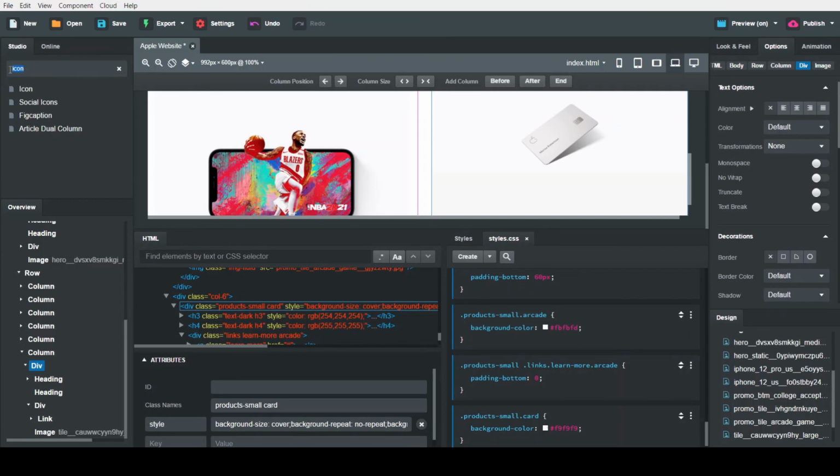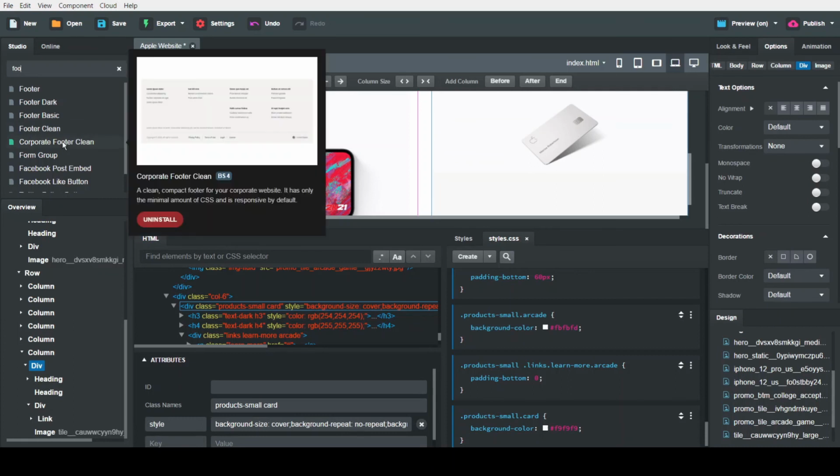Now we are going to add the footer. Just look for the corporate footer and drag and drop it to the body tag.